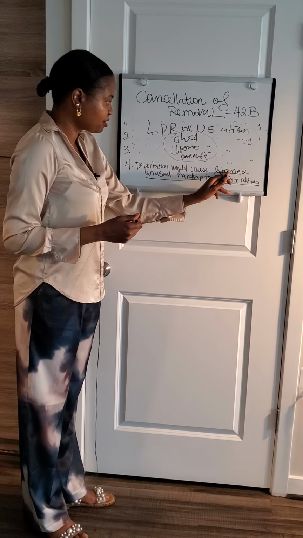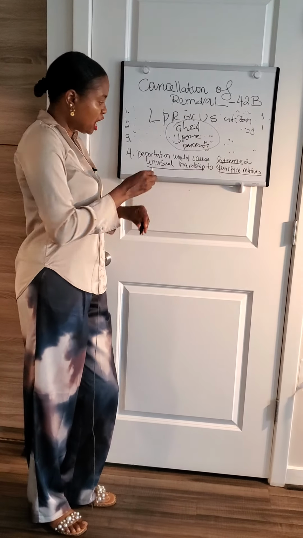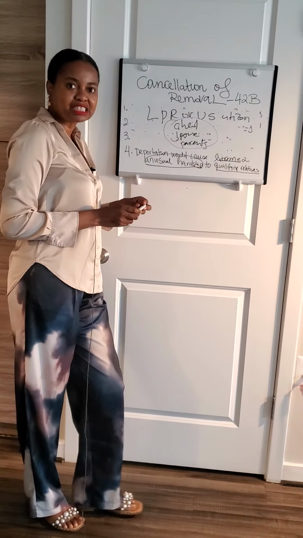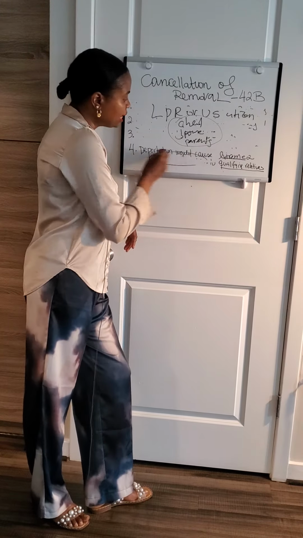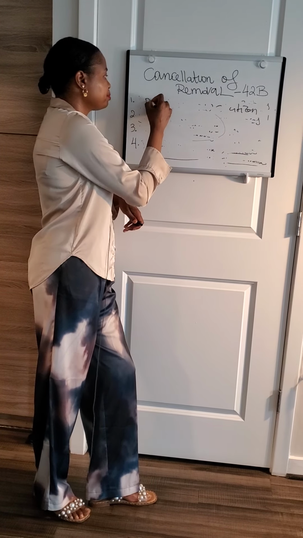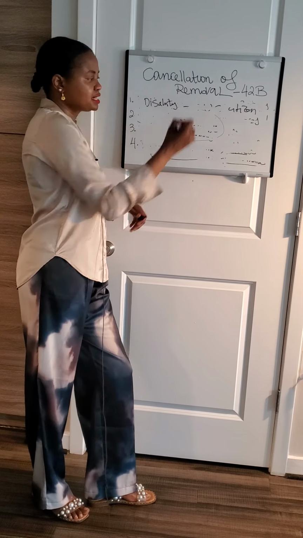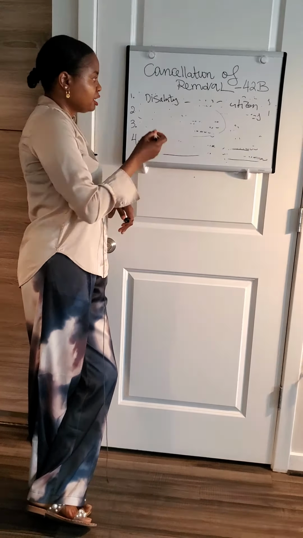Anyway, then on top of it, you have to prove extreme and unusual hardship. Unusual: something that is rare, something that doesn't really happen to anybody. I'm going to give you some examples, but those are not the only examples, but those are the cases I came across. For example, if you say, I have a child who has some type of disability, okay? If we look at the statistics, not everybody has a disability. How do you show it? You show if they're receiving social security income, a medical report, stuff like that.